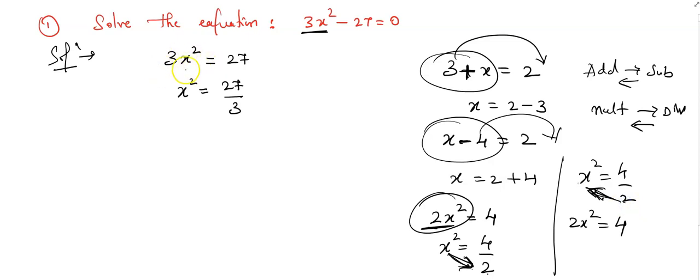Now here 3 and x square are multiplied. So I want to shift this 3 to the RHS side. So what happens? This 3 will come to the denominator. Now if it is getting cancelled, cancel it. If not, keep it as it is. Now 3 1s are 3, 3 9s are 27. So now we can say x square is equals to plus 9. Don't speak like 9. You have to speak like plus 9.